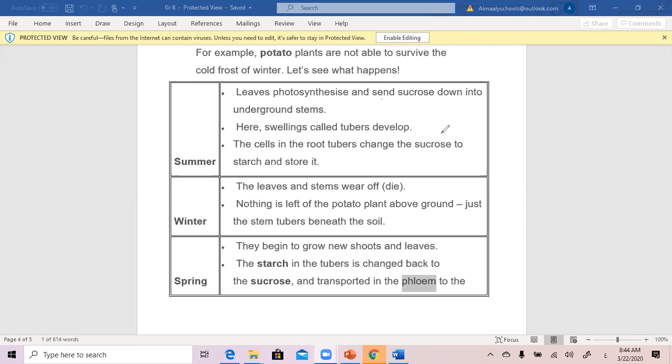Omar. I can't hear you. What is the function of the phloem, Omar? Omar, you don't hear me? You hear me now? Yes. What is the function of the phloem? Phloem transports food to the plant. Transport manufactured foods. I want another one.